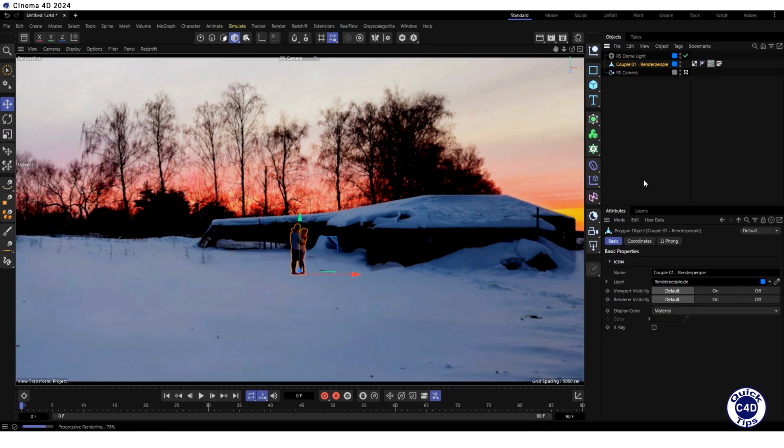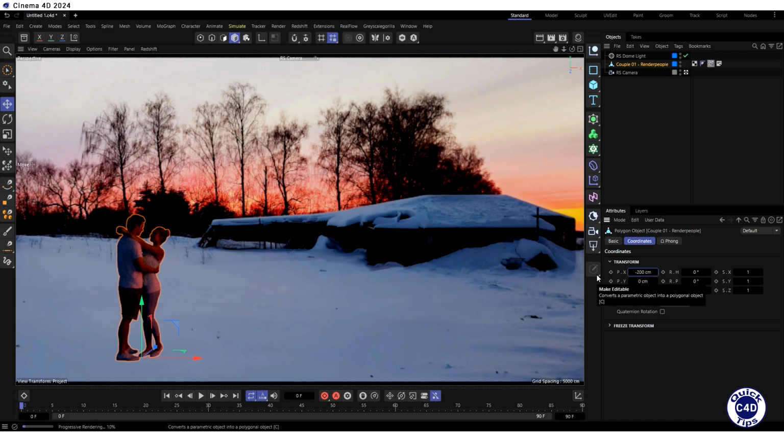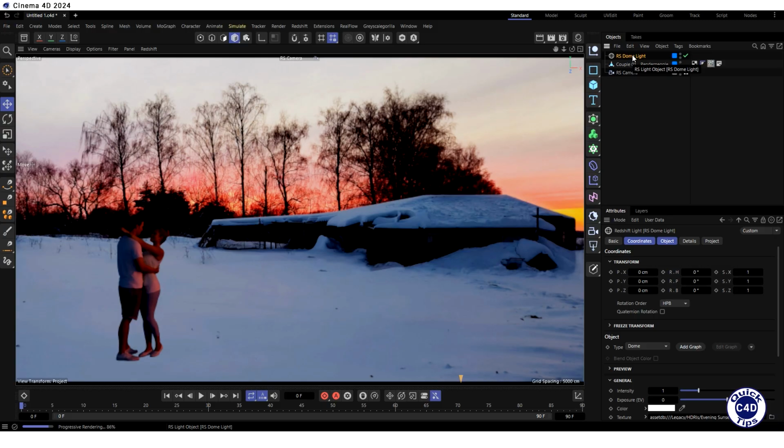Go to the Coordinates tab of the couple. Reduce the PZ to about 700 centimeters to bring the couple closer to the camera. And set the PX to about -200 centimeters to move the couple to the left so it doesn't block the house. Select the DOM light in the Object Manager, go to the Coordinates tab of the DOM light, and adjust